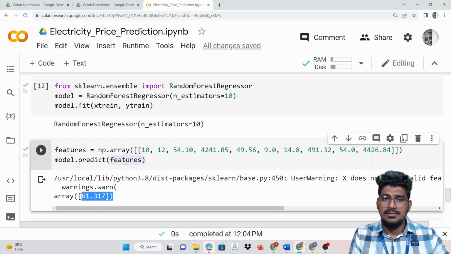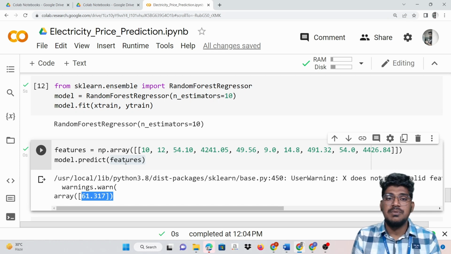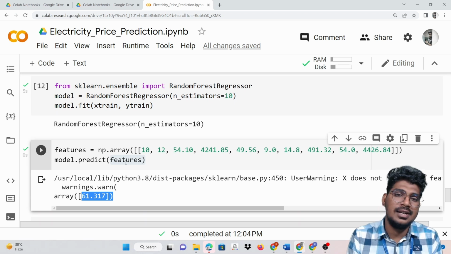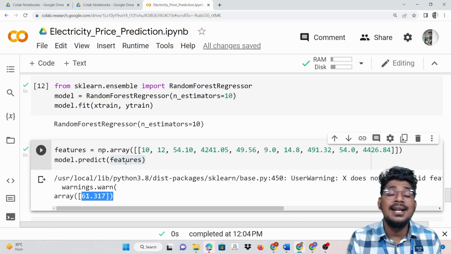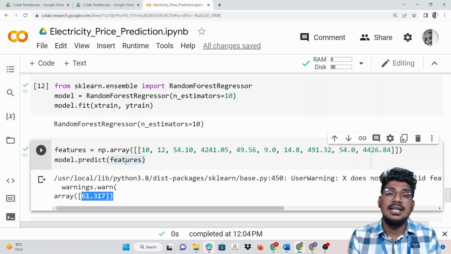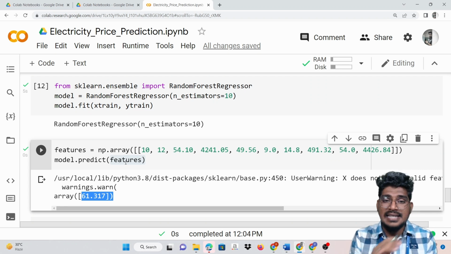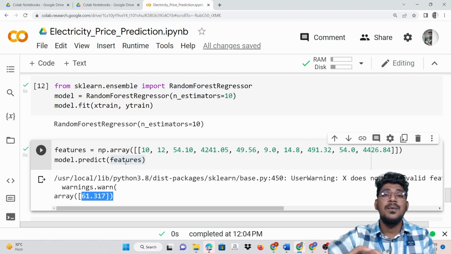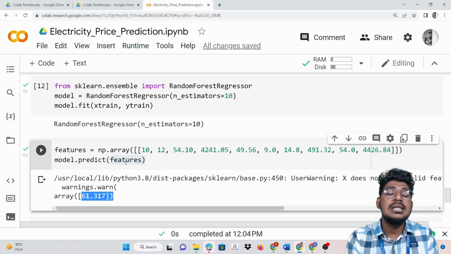And one more thing, maybe you are asking me one particular question: why did we not calculate the accuracy score here? Here we are going to calculate the R square score. That is nothing but we are going to calculate the squared error. That particular error score will help in finding the performance of the model, the percentage of the performance of the model.